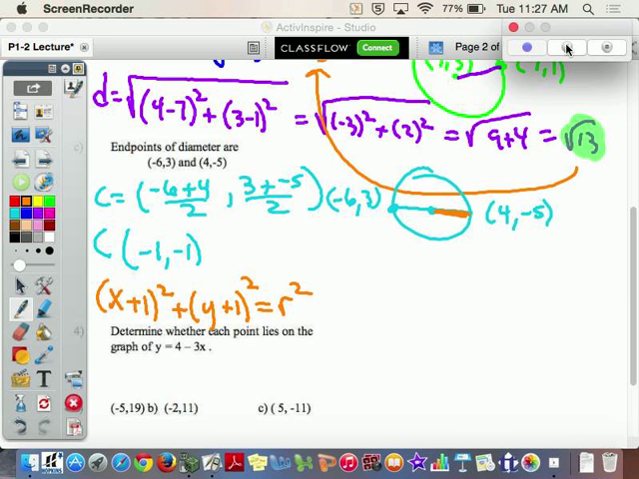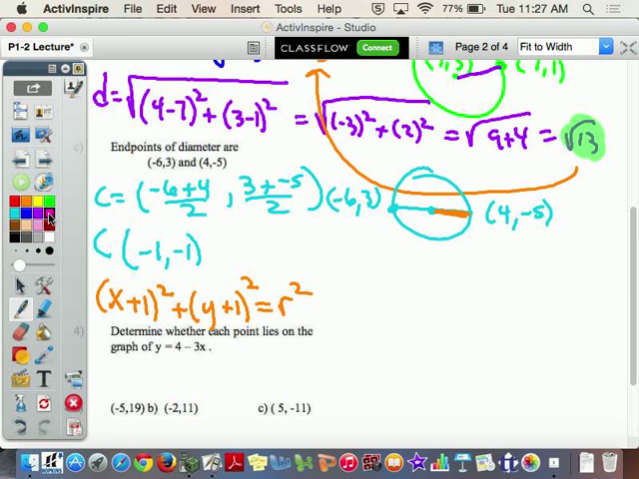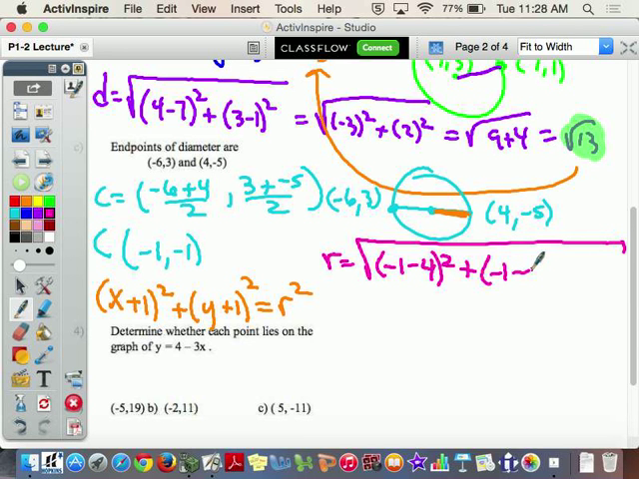Then, if I'm going to find my radius, I can go from the center to either one of the points. So I can pick, for example, my radius will be equal to the distance, if you will. I'm going to start with -1, 1, and let's say I pick the one with the 4 and the 5. So I'd have -1 minus 4 squared plus -1 minus -5